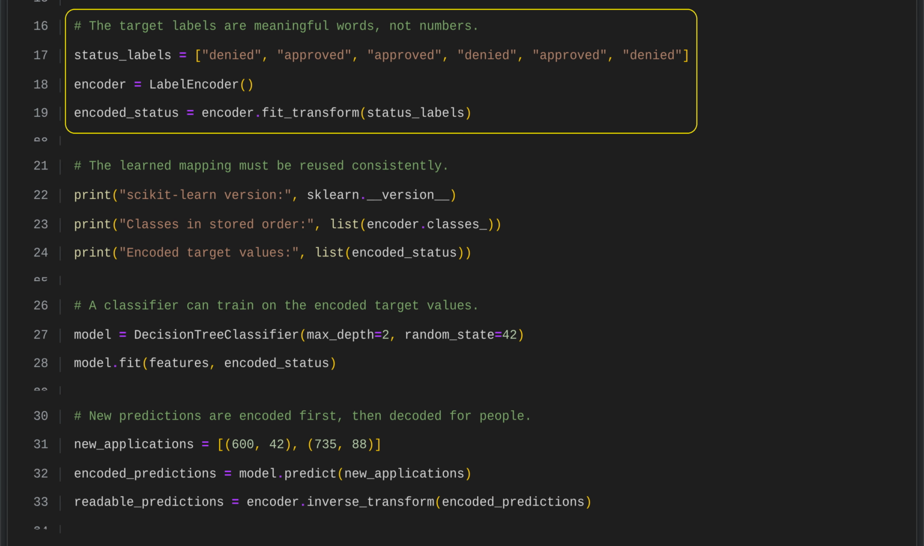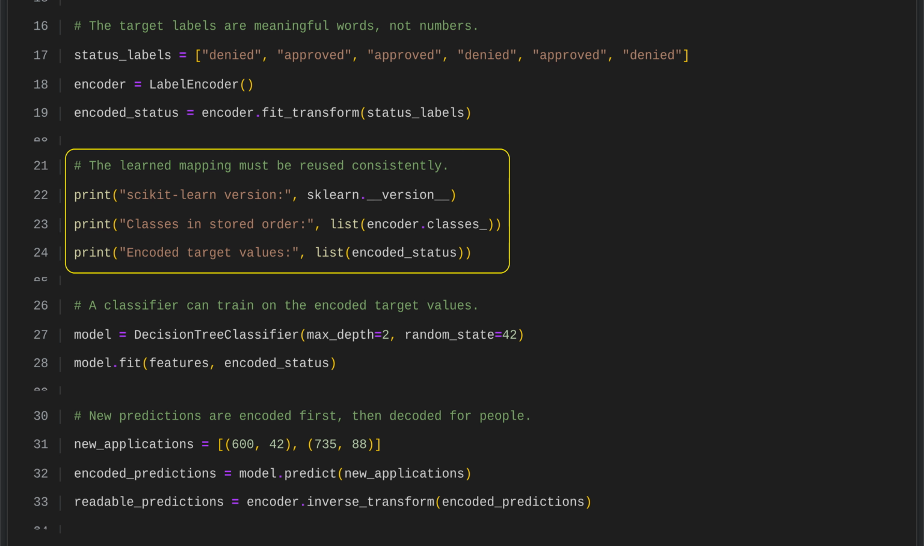Target labels, such as denied and approved, describe the outcomes we want to predict, but machine learning models need them as numbers. A label encoder from Scikit-Learn converts these text labels into unique integers. Fitting and transforming the labels produces a numeric version that can be used for model training. We check the Scikit-Learn version to support compatibility and reproducibility. Then review the encoder's stored classes to confirm how text labels were mapped to numbers. Finally, we inspect the encoded target values to verify that the original status labels were converted correctly and consistently for